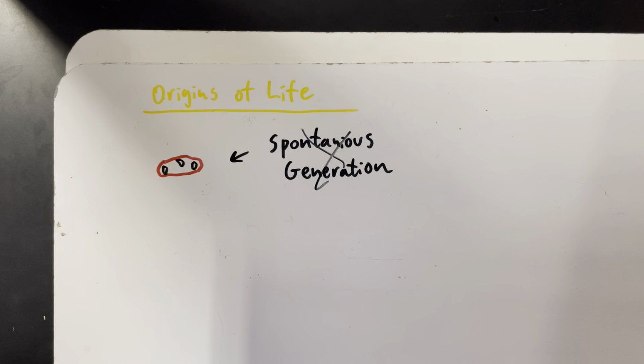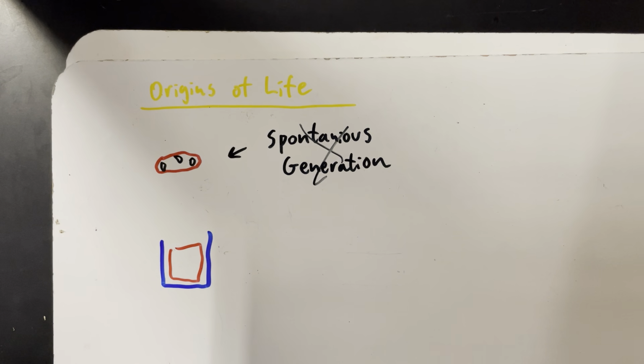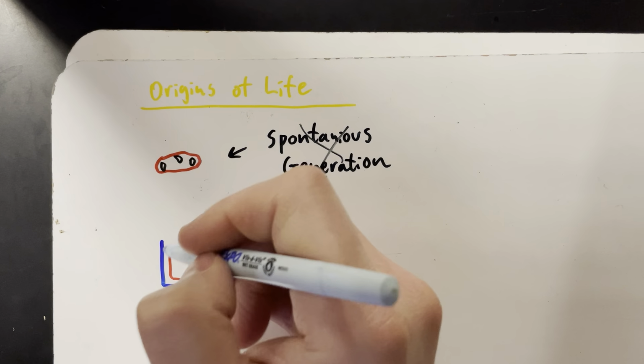Most of you guys are pretty aware of that. Back in the day, they didn't know about that, but they started to disprove it. And one of the simple ways we can disprove it is we can make some delicious canned salmon. That's the best. So you take your meat, you stick it in a can, you seal it up, right?